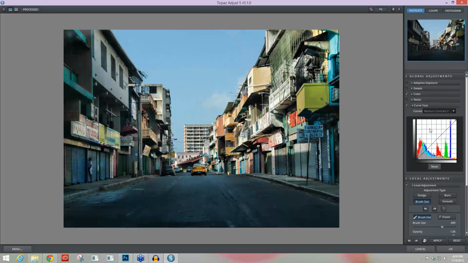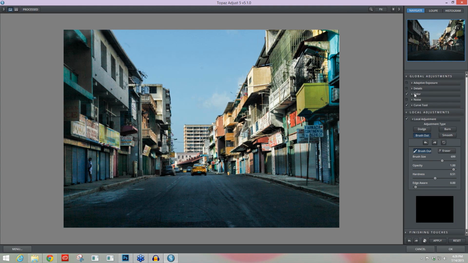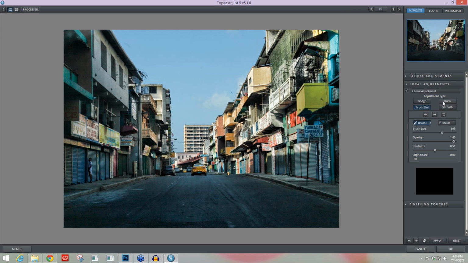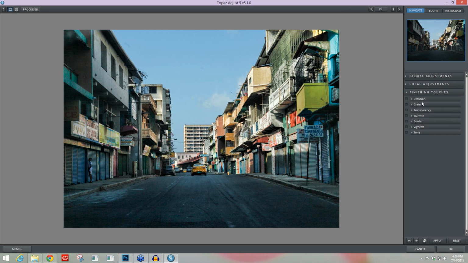I'm pretty happy without it right now, so I'm just going to press reset all and close it on up. Now within my local adjustments, I can do things such as dodge, burn, and smooth, but I'm not going to do it within this particular workflow. I'm going to come down to my finishing touches and show you a couple of our finishing touches and then move on to the next image to show you we can continue to reveal some of the detail and color